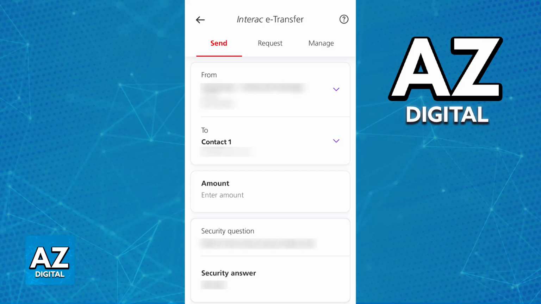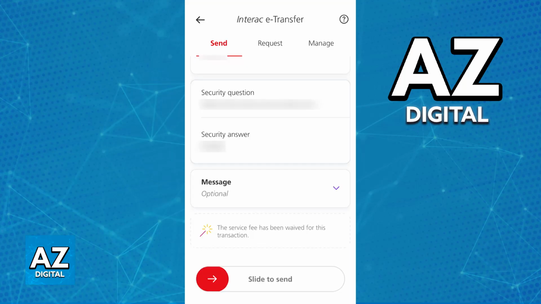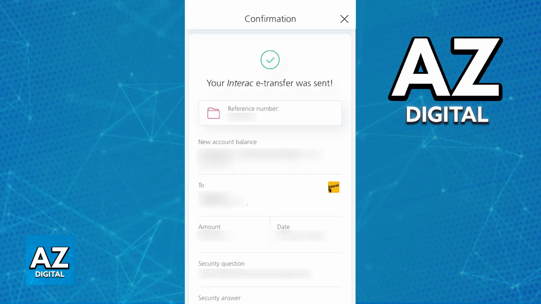Once you go through with the transfer, it is going to be pending, and the person should receive the money shortly. They will get a notification, and you can repeat this process as many times as you wish with as many recipients as you have. Interac eTransfer makes this process extremely convenient because you can transfer money between different banks, and all that you have to do is include the recipient's email address or phone number.